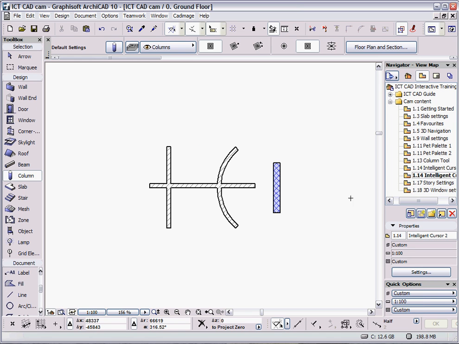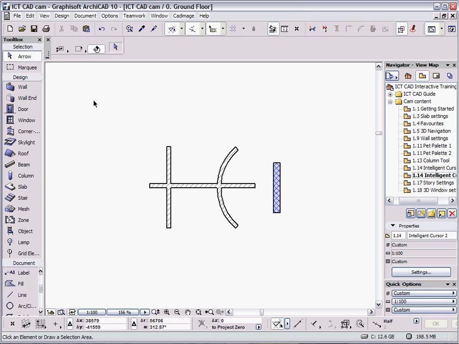If I switch to this simple geometry that's been constructed out of 4 pieces of wall, we'll look at some of the different examples. And the first thing is, if I go to the arrow tool, you'll see in a free space just a black arrow appears, a plain black arrow. But as soon as you start to move over elements, if I go over this edge, you'll see there's a little Mercedes icon appears. If I go over the other side of the wall, it's a slightly different Mercedes icon,